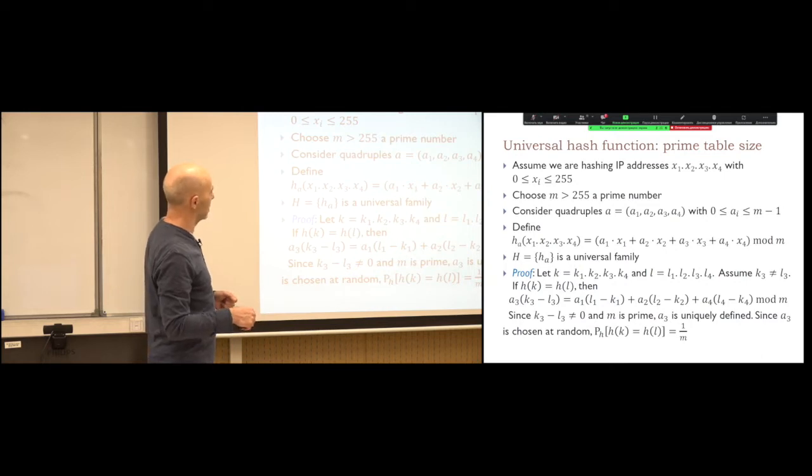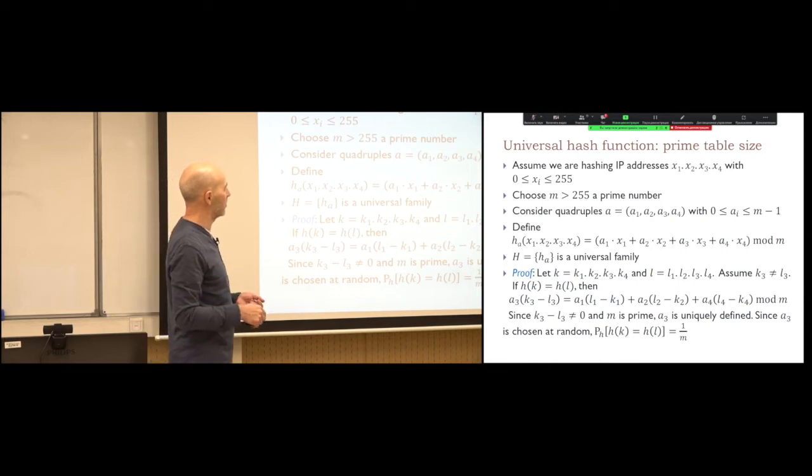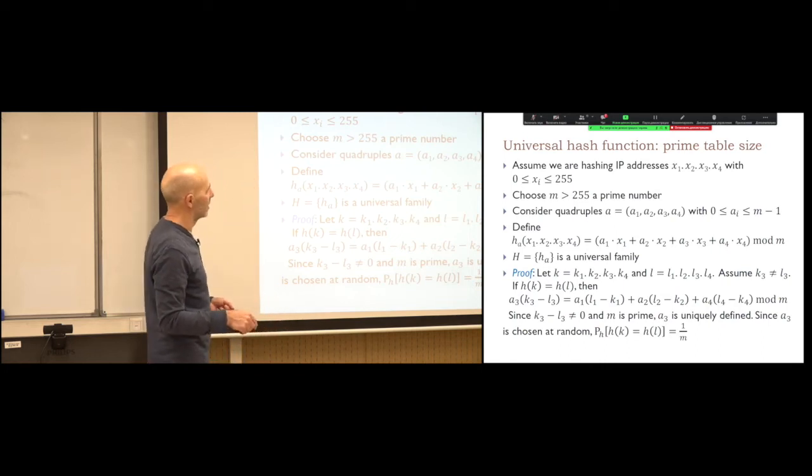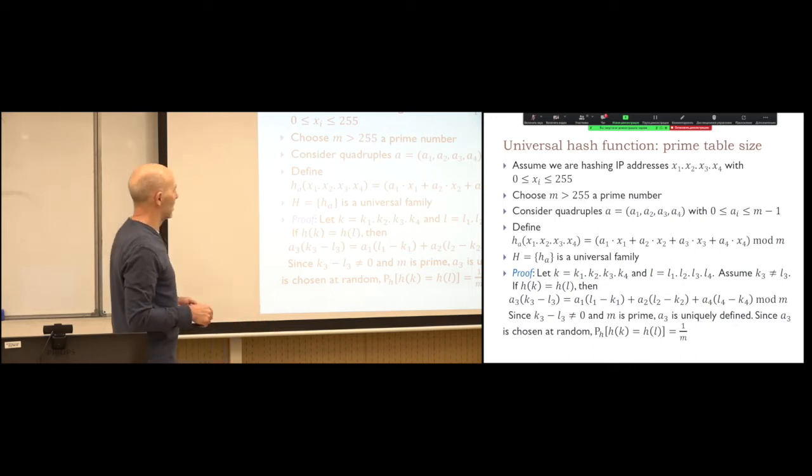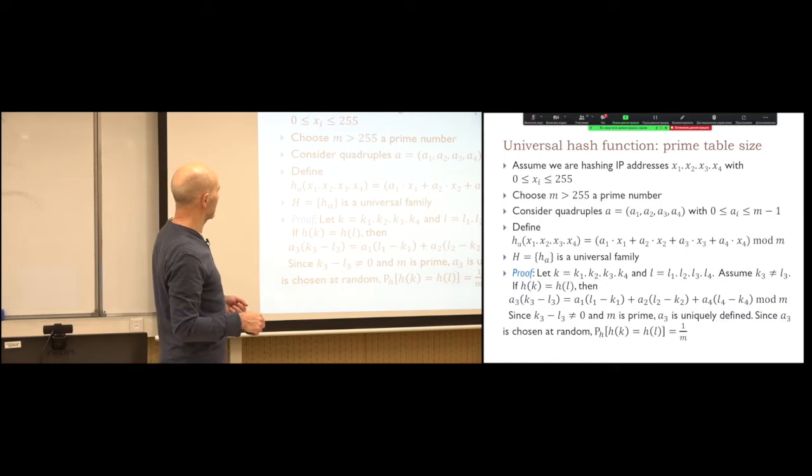Keys are four numbers, l is four numbers, and since they are different, they should differ in some corresponding pair of numbers. For example, k3, just picked for the purpose of the example. So assume that k3 is different from l3, and so if they collide,